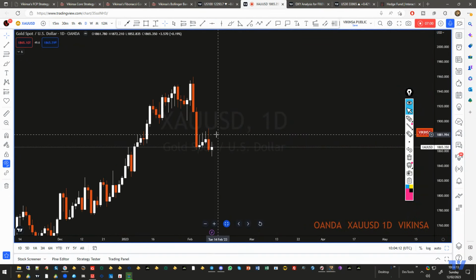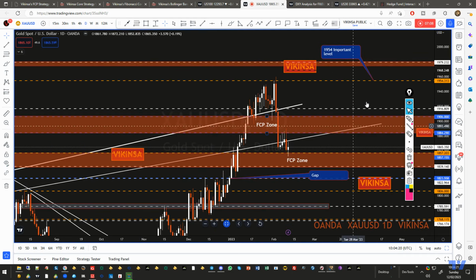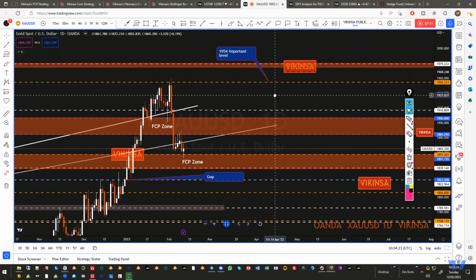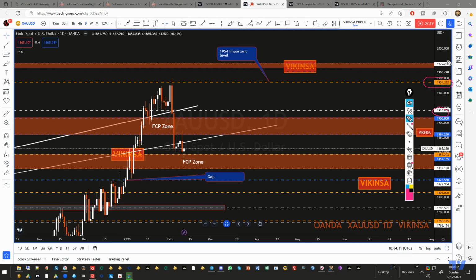So what we can expect is that the gold is trying to go back up to retest that particular channel that was there. If I open the analysis, this is the level which I gave you. These are the three important levels which were given to you in the previous analysis. One was the 1916 level or so, then 1954, and then 1979, and it came right into 1954. Remember, this was in yellow color, that means it's very important. All of those important levels are in yellow. So 1857, where the market has come to, 1857 right there. So the market fell down from there after consolidating.